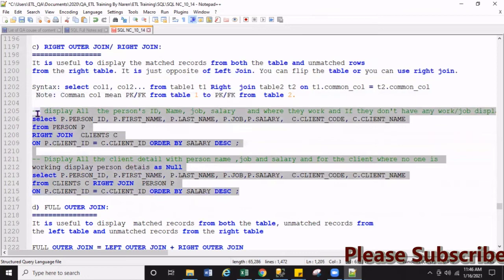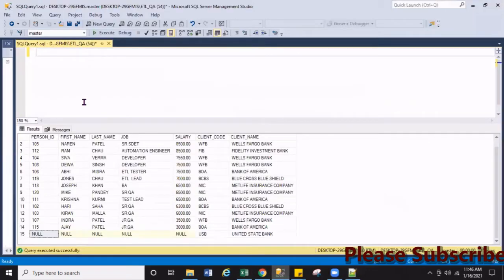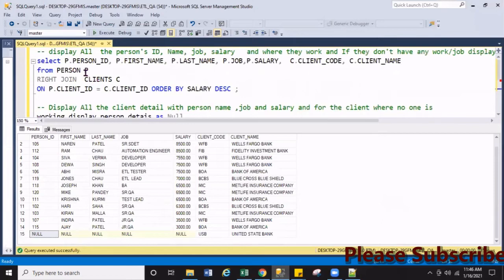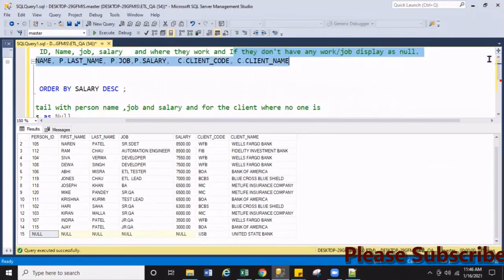Okay, let me copy the questions. Same things, right? Display all the person details where they work. If they don't work, display null by using the left join. Remember, what are you doing here? Display all the information from the person table, and if nobody is working there, then display null.